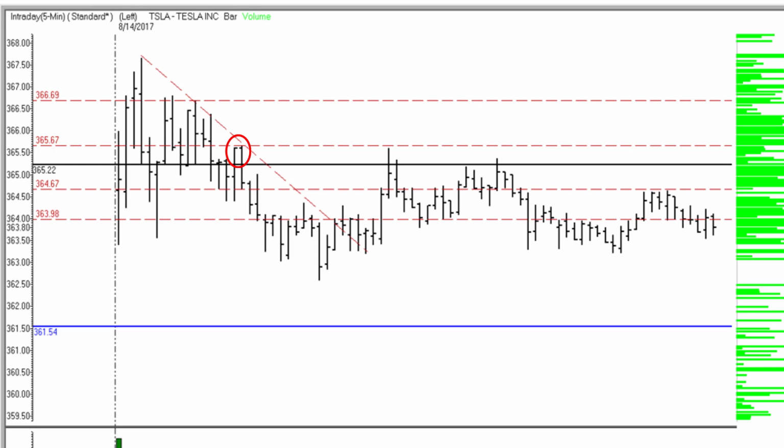Eastern. That's when we had a move back up to the upside, bumped into that 365.67 line. That also slammed it right into the trend line and gave an entry which was just a few ticks below that volatility band that we had drawn on the fly in the morning. But you can see there that that band could have easily been a bit lower, could have been under some of the lows that were put in place as the morning went on. And that, in fact, then gets you in and trading down from 365.67, a full dollar move down to 364.67.